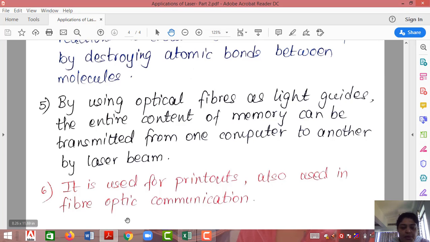Fiber optic communication involves the use of glass fibers, wherein you can say glass cables, wherein the carrier of data is laser. Laser is only used as a carrier because of many properties it has, because of specific characteristics it has, like coherence, directionality, monochromaticity, and high intensity.